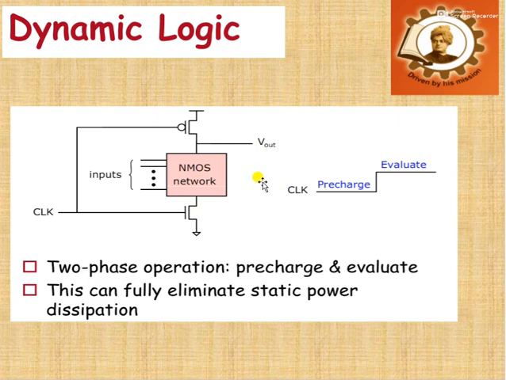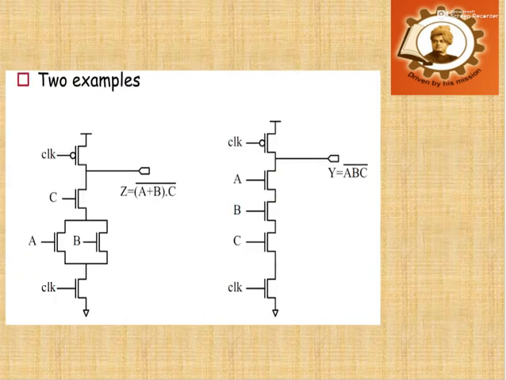Next, the design of our dynamic logic circuit is shown in the figure. We have taken two examples. We have designed a pull down network just like our pull up pull down network for a simple MOS. A clock is connected to both the precharge MOS and the evolution MOS, and in this fashion we will get the output according to the requirement of that circuit.